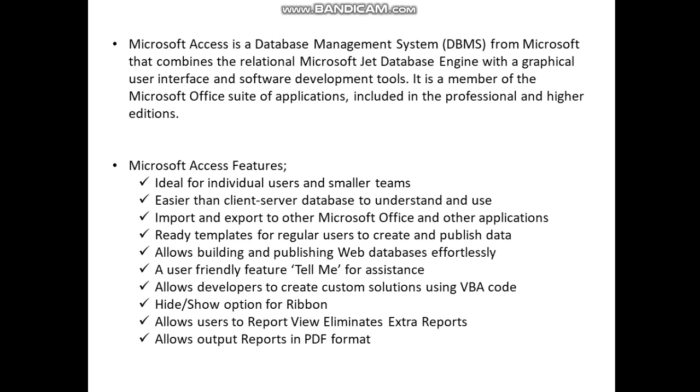Each record is composed of one or more fields that contain individual pieces of data. Student fields may include roll number, name, address, and class. All MS Access database files are saved with the extension .mdb.